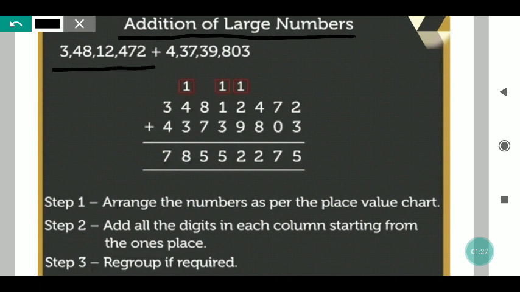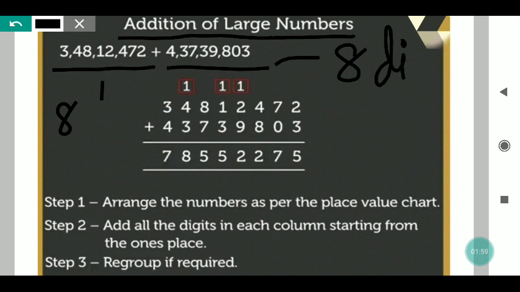Now you can see there is one number, there is another number. Two numbers are there. How many digits are there? First count it. From the ones place we will start. Ones, tens, hundreds, thousands, ten thousands, lakhs, ten lakhs, and crores. So how many? 1, 2, 3, 4, 5, 6, 7, 8. It is an 8 digit number. Here also 1, 2, 3, 4, 5, 6, 7, 8. It is also an 8 digit number. Both are equal digit numbers, 8 digit numbers, isn't it?